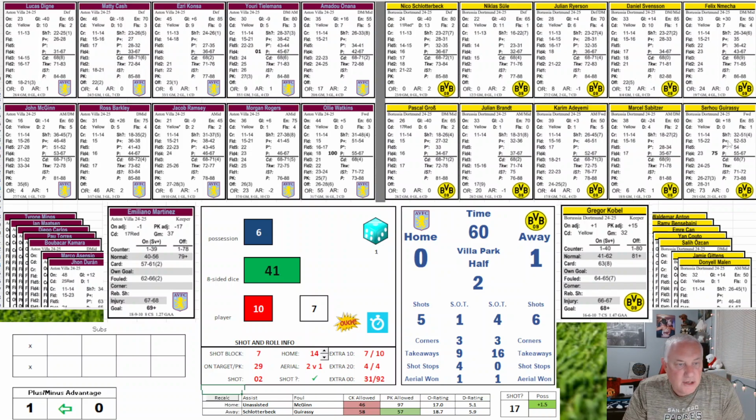So we get the shot on target. 20 is the number. That's going to be Villa's ball. 686 P, 966 P, 645 is a possible shot by McGinn against a 13. It's stopped. Dortmund gets the shot stop. 9, okay, endurance check again. 9 versus 9. Rogers versus Sabitzer. Sabitzer's a sub. 8, Ramsey's going to be coming out against a 9. So Jacob Ramsey will be coming out for Villa.